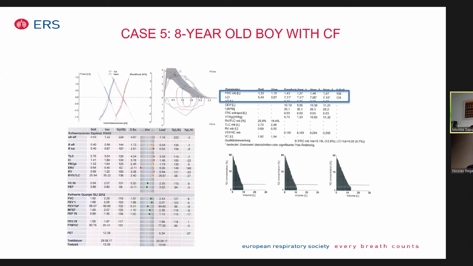And then you have to be careful not to judge residual volume, because this is calculated from FRC minus ERV, and then you end up with a false high residual volume and suspect trapped gas in this boy, where I don't think there is trapped gas. And actually, if we go back